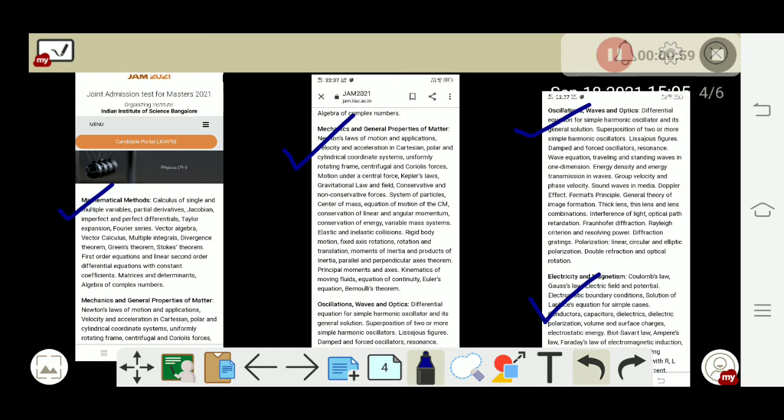so let's discuss our syllabus, what is important and which portion we're going to give more preference and importance, and it's going to be scoring for us. So first, the syllabus